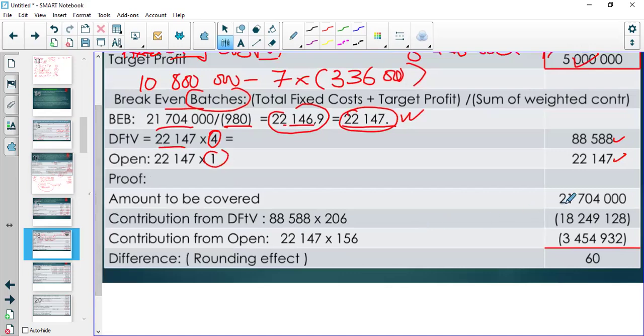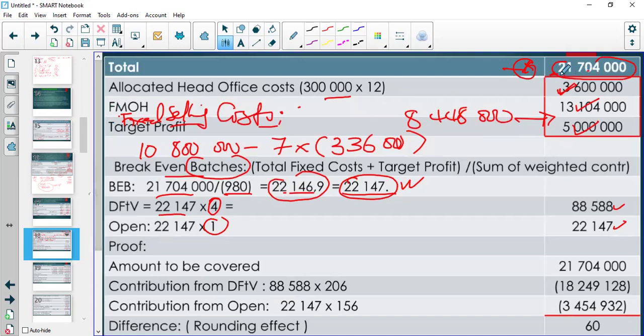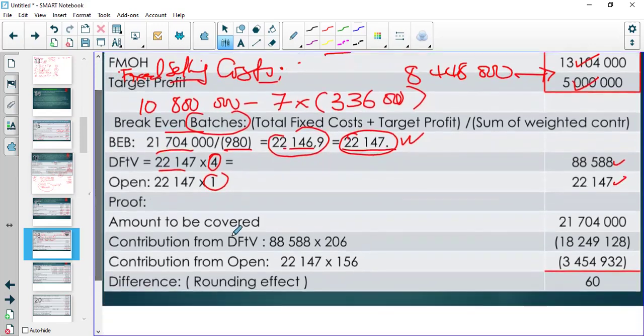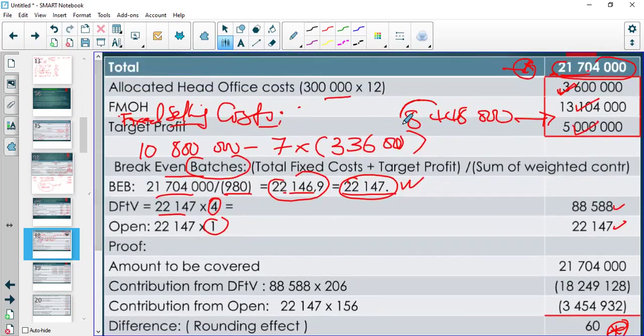And the proof doesn't quite really work, because it's always going to give you the answer that corresponds to your input, right? So if your input here is 21,704, then you're obviously going to cover that, right? So remember, the final answer, like I showed you here, will be slightly different from this one, based on these fixed selling costs which were not included. But don't worry, if you would come across a question like this and you miss something,